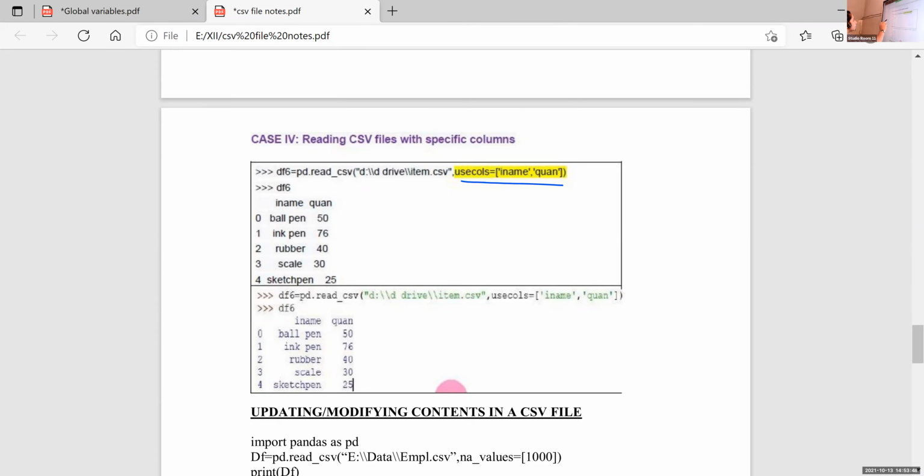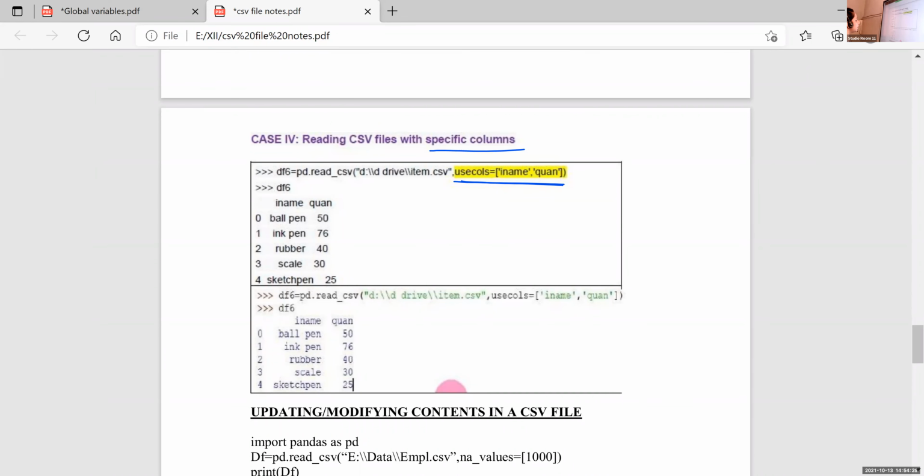If you want to display CSV files with specific columns, say we have 5 columns, and from those 5 columns I want to display only iname and quantity, then the statement is usecols equal to iname comma quantity. If I need only iname, then write usecols equal to iname within square brackets. So within a list, give the names.